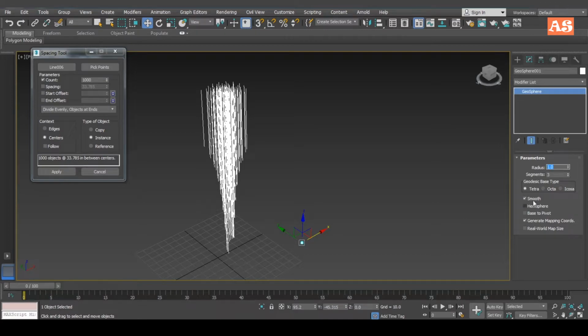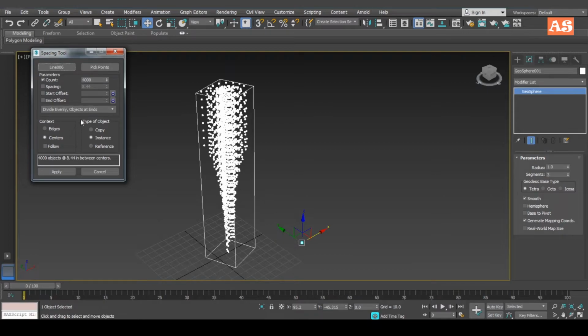If you feel the radius of your object is not okay, then you should change your radius from here and adjust the count amount from here. Maybe near 4000 or 5000 is okay for us. Maybe this value is good for us.